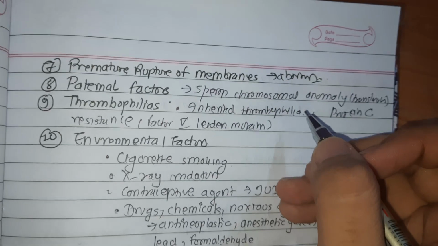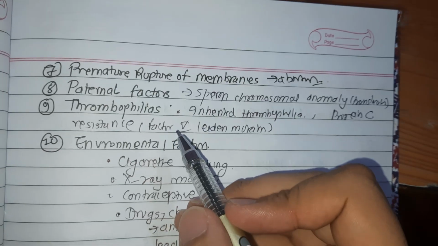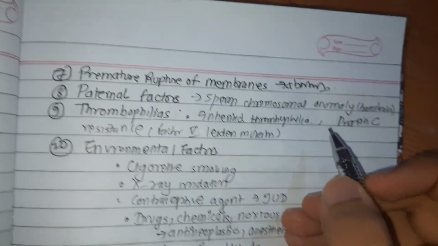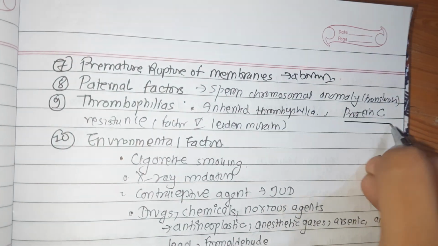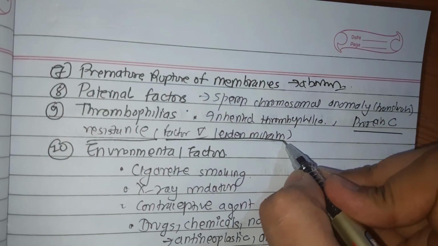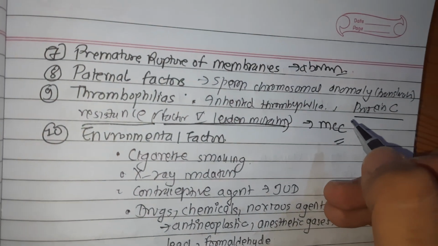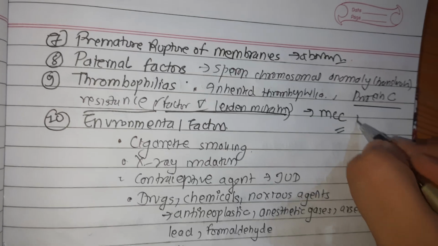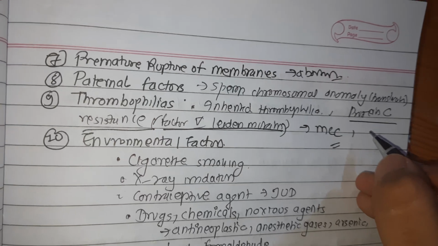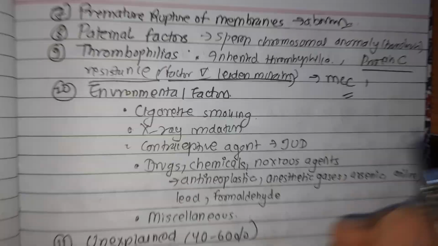Some women who miscarry recurrently have a successful pregnancy following miscarriage with a different man. And also the thrombophilia. Inherited thrombophilia causes both early and late miscarriages due to intravascular coagulation and thrombosis. Protein C resistance, factor 5 Leiden mutation. This factor 5 Leiden mutation is the most common cause for abortion, and other conditions are protein C deficiency, and hyperhomocysteinemia. Antithrombin 3 or prothrombin gene mutation can cause thrombophilia, and these can result in abortion.